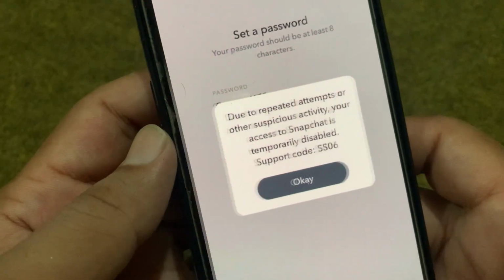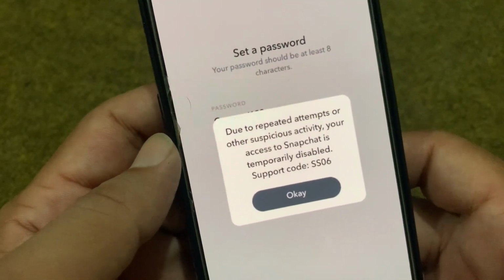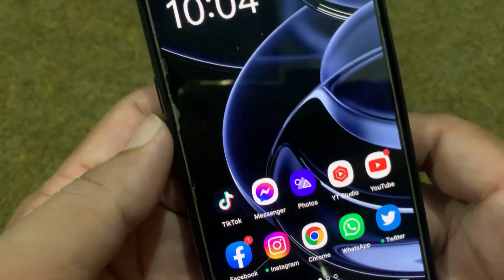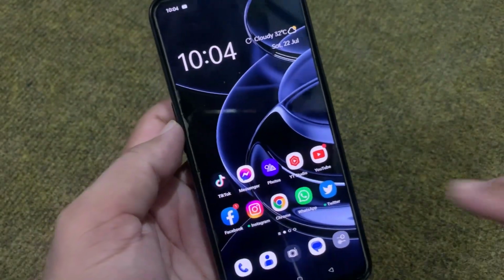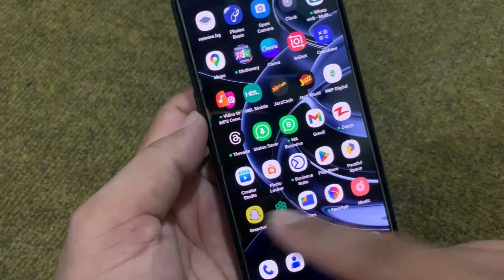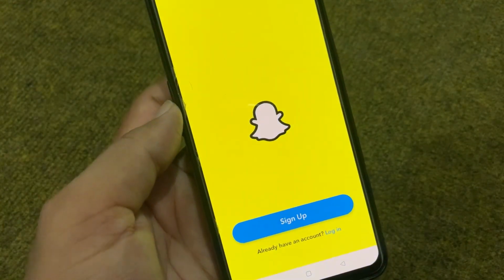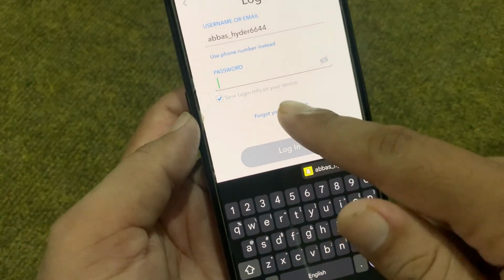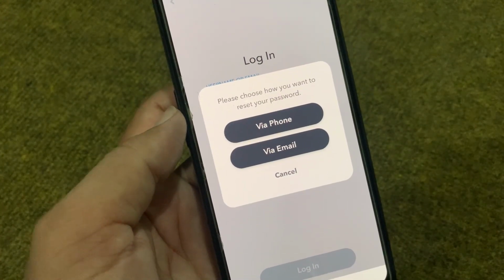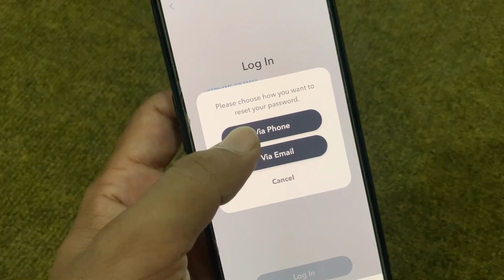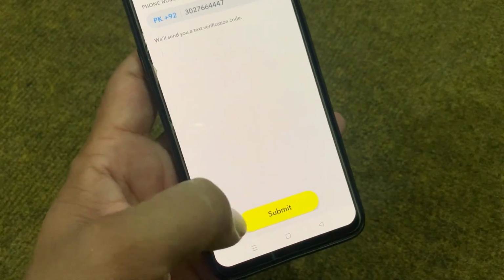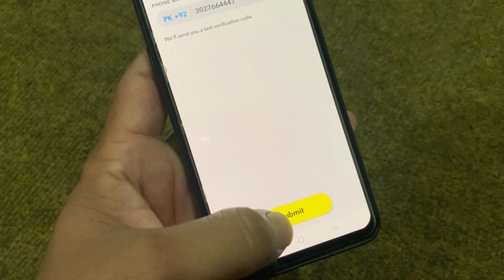So guys, here I will show you how you can fix this problem if your Snapchat account is temporarily disabled. First of all, go back to your home screen and open your Snapchat, tap on login, tap on forgot your password, and select your email or phone number. Then tap on submit reset password,